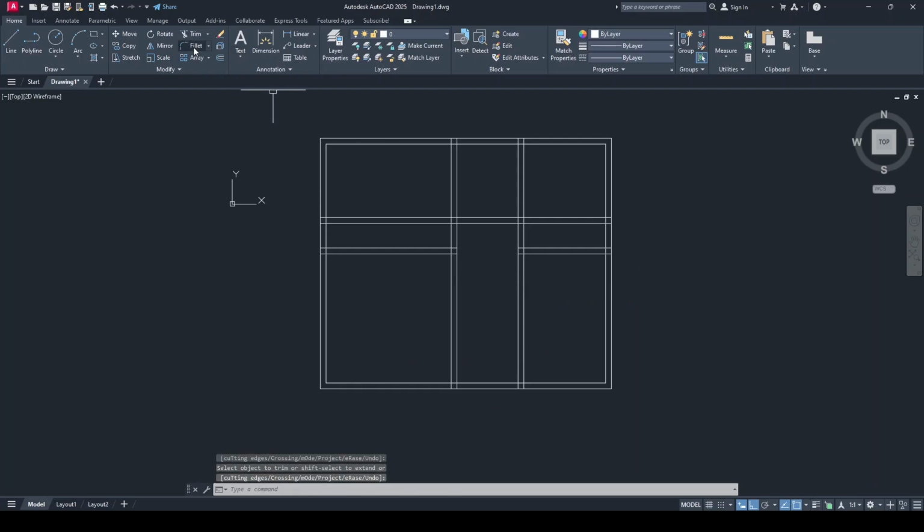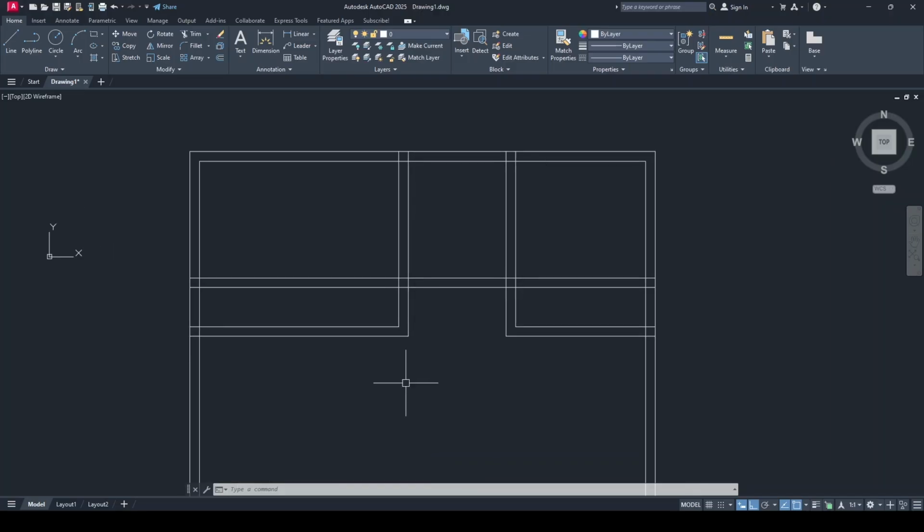Now select fillet again, make sure the radius is 0. Select multiple, select this line and this line, this one and this one, this one and this one, this one and this one. If you make a mistake, make sure to undo and continue trimming. Press the escape key. And now for the T-shaped trimming of our walls, select the trim icon, select this line